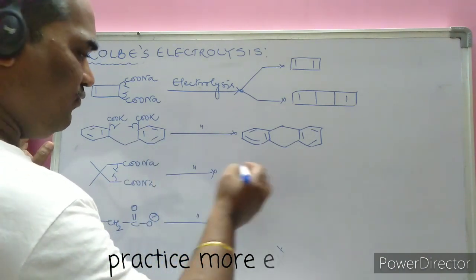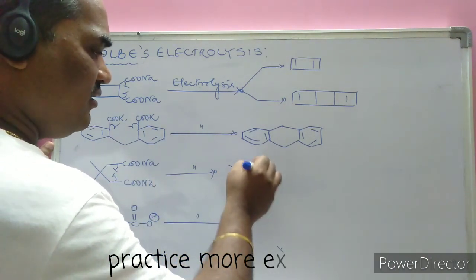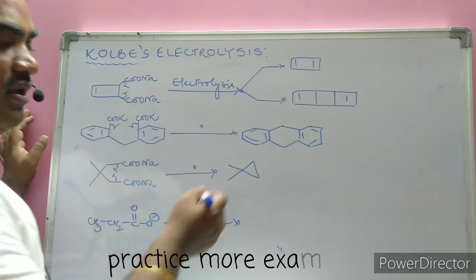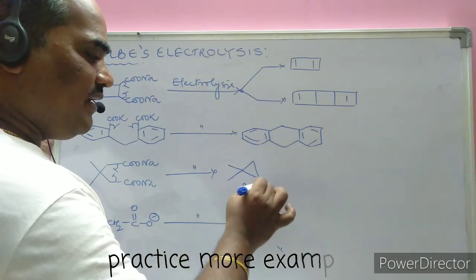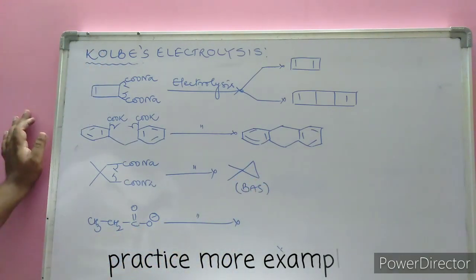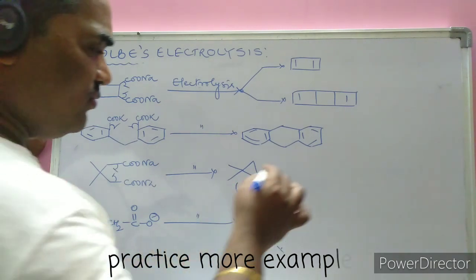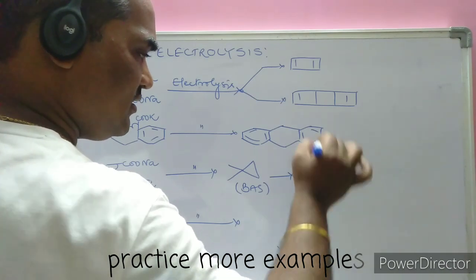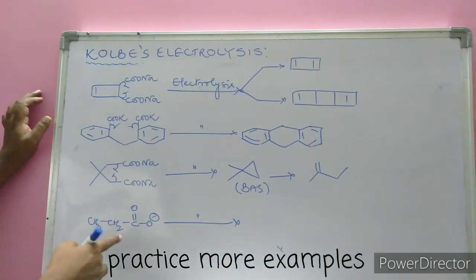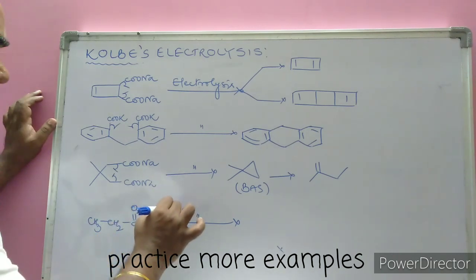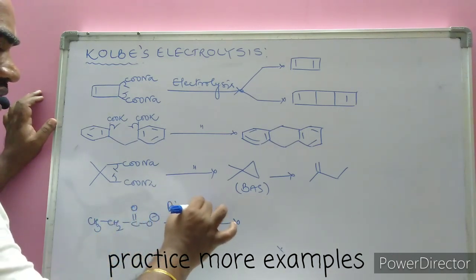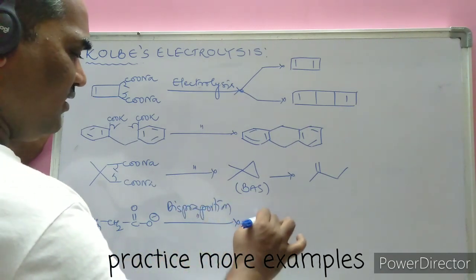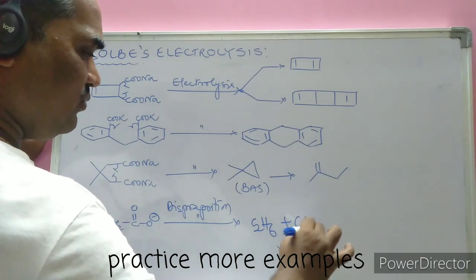Where this is a donated electron and this is a donated electron, one possibility that I am going to form is 1,1-dimethylcyclopropane, but due to bond angle strain this molecule is highly unstable, hence it undergoes rearrangement to form a highly stable product. Next, here is an example for a disproportionation reaction. Under disproportionation, highly stable compounds form: one is C2H6, another is C2H4.